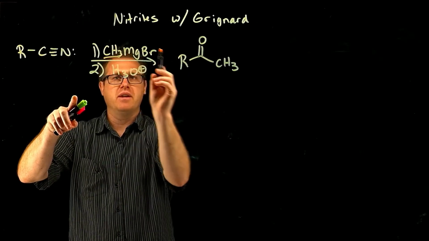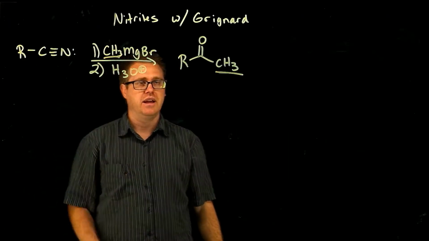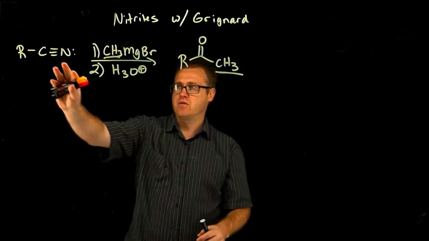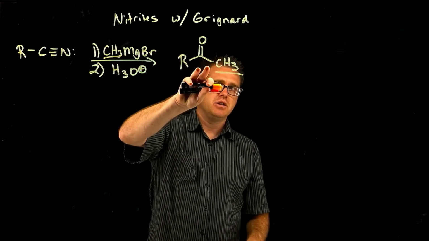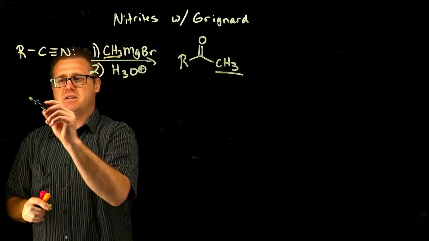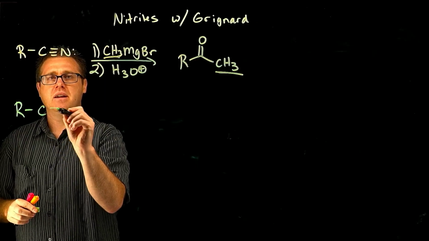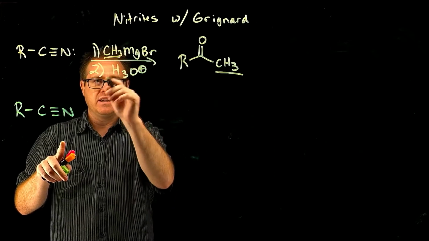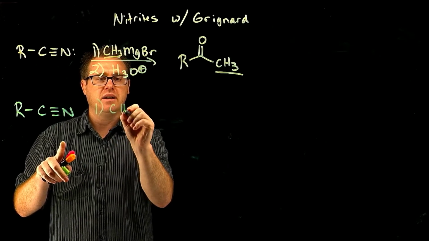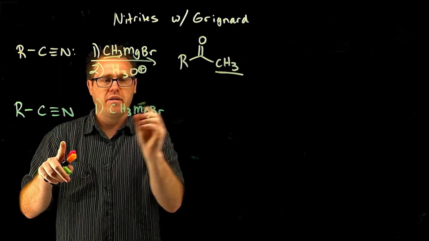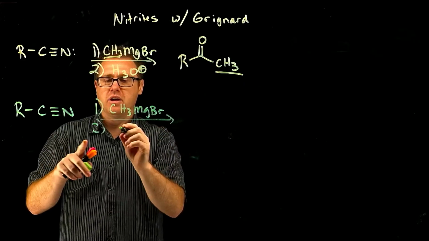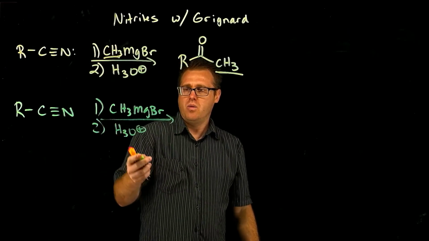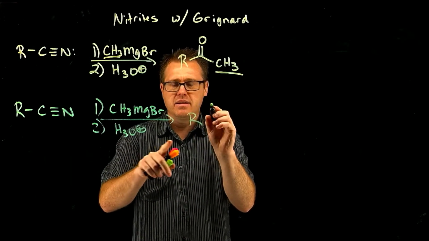You have this methyl group right there being added to the ketone. But the way it does it isn't straight from the nitrile to the ketone. It's actually a stepwise process in which you take the nitrile and you treat it with these conditions right here. Okay, CH3. In step 2, you're going to treat it with the acid. What you're going to get is